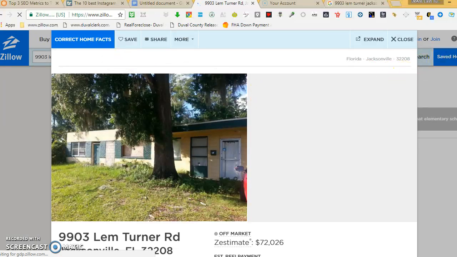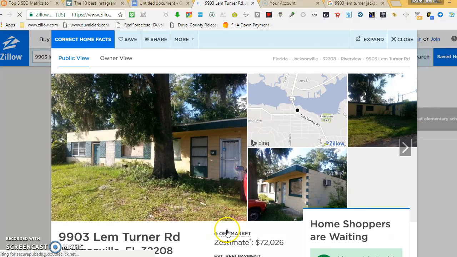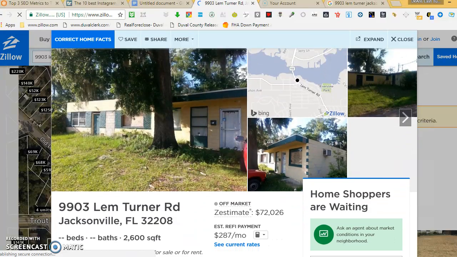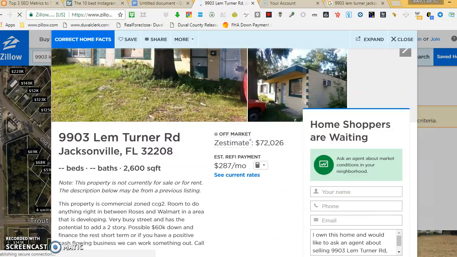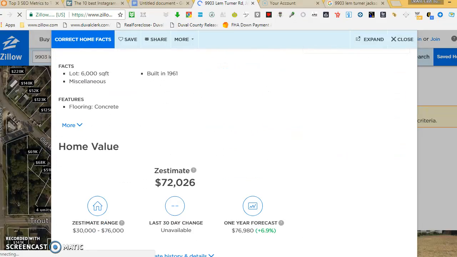Boom, address pulled up. Scroll down, you see it says off market, so that might be one of the form fields that needs to be completed in the Podio system. Scroll down,